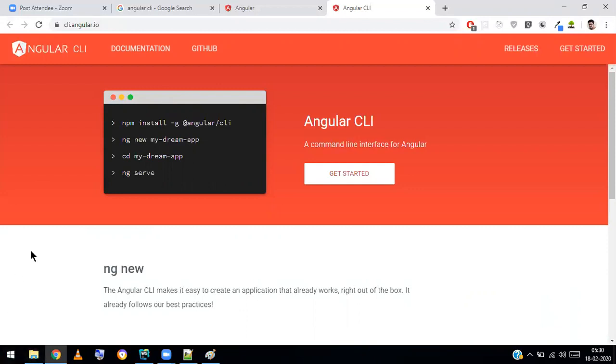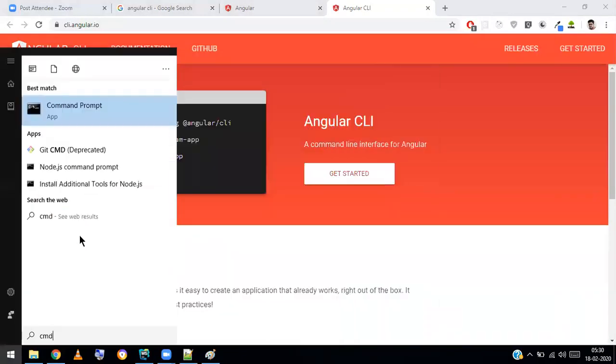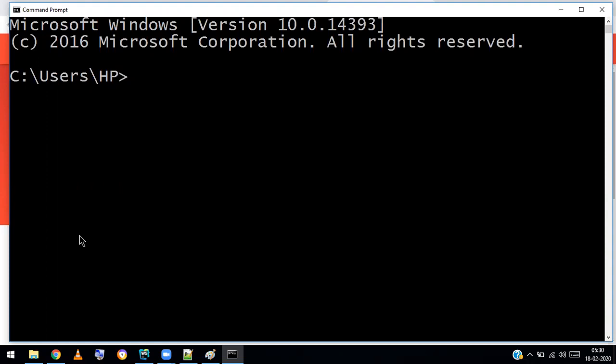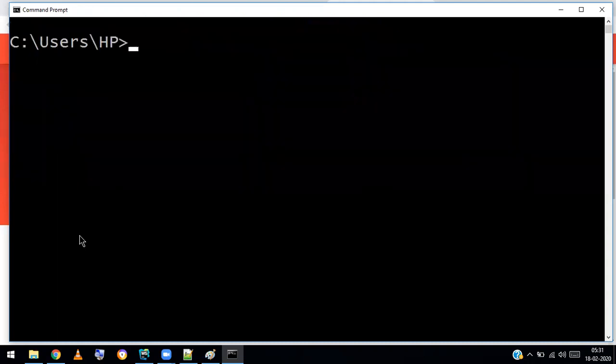First of all, go to the command line and hit the command. First you check the Node.js version, node -v. I have 12.14.